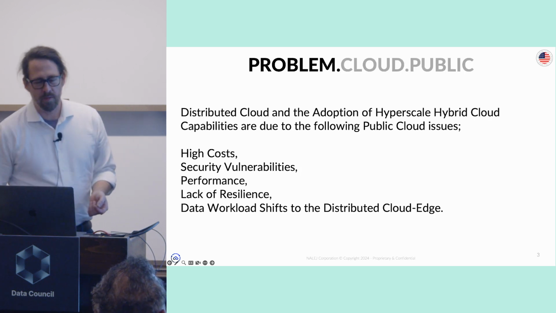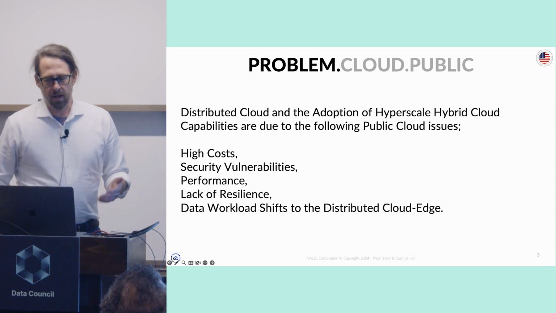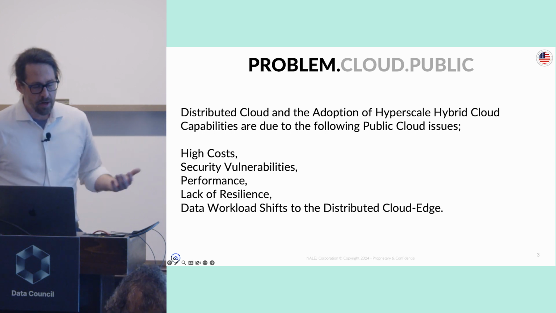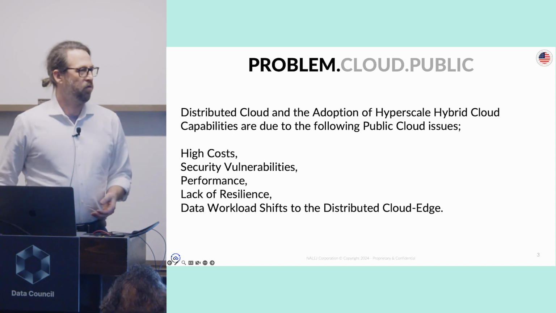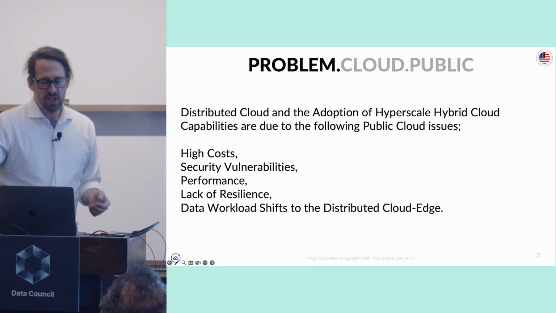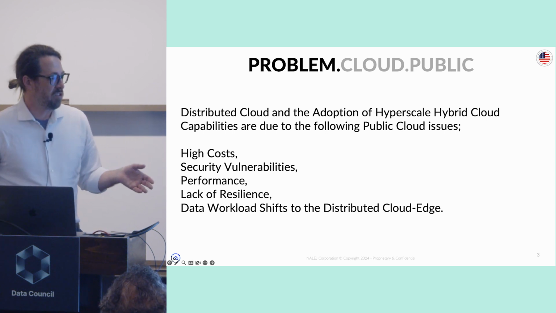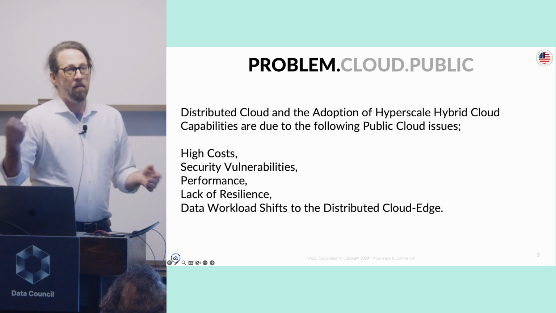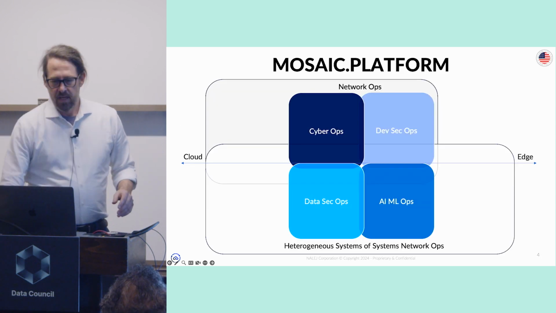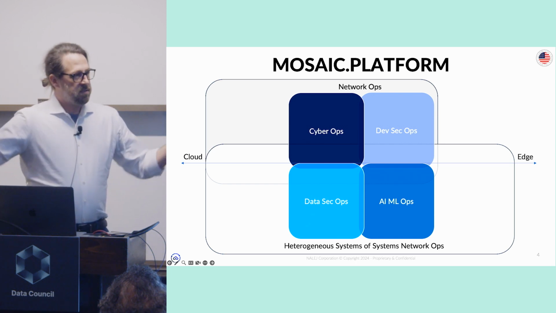So a lot of the distributed cloud and the adoption of hyperscale hybrid cloud, they have high cost, security vulnerabilities, performance issues, lack of resilience, and all these shifts from into the distributed cloud edge. So we really focus on that multimodal side of it so that we can support each level of the data